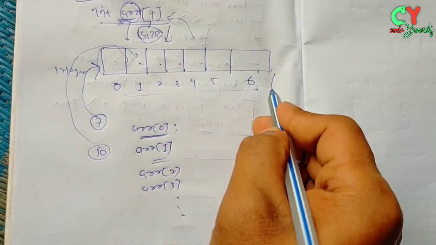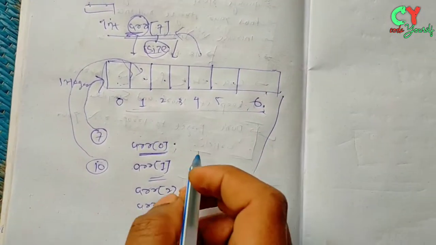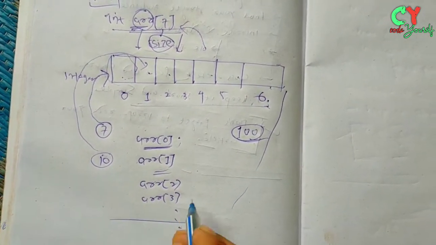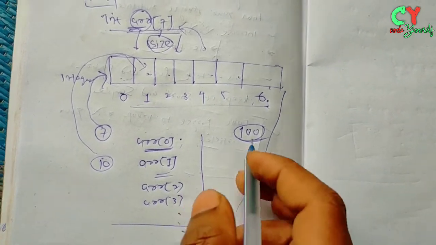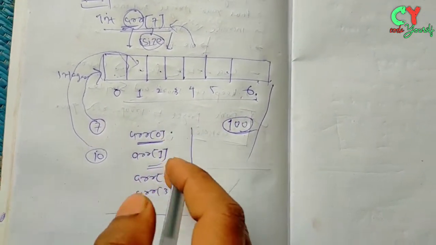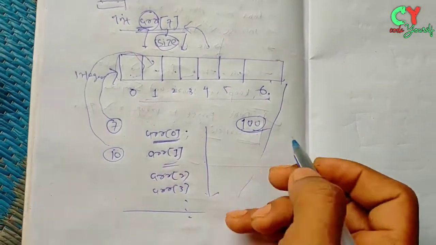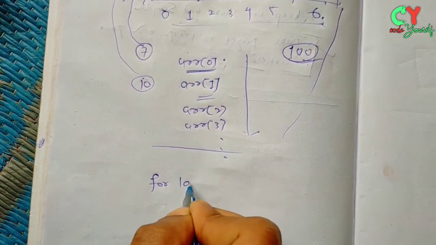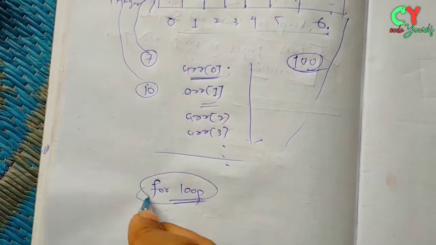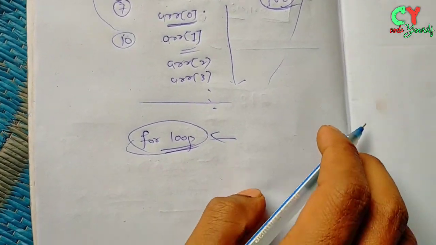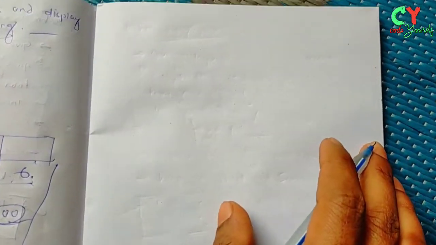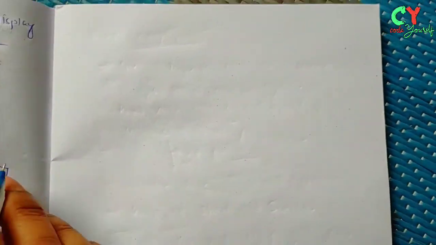But if the size is up to 100, then it takes more lines of code to add each element. I mean manually we cannot do that. For that we should use a for loop to store elements in the array. How? Let's discuss this. We can create a for loop to store user inputs in the array.